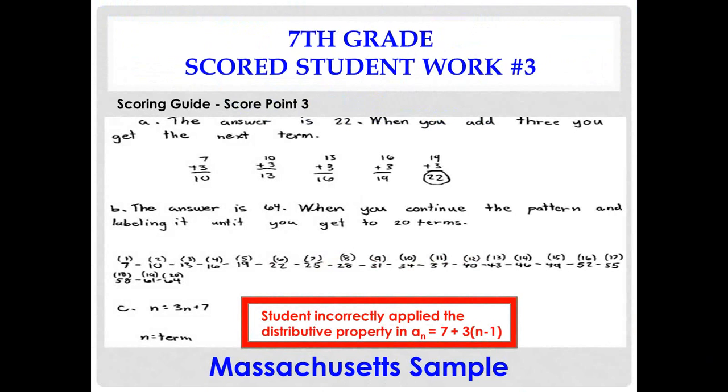And then on part C, the student says a sub n is equal to 3n plus 7. And this is where the actual mistake came into play, because the student incorrectly applied the distributive property in a sub n is equal to 7 plus 3 times n minus 1. It should have the